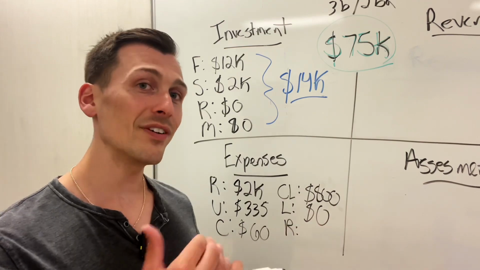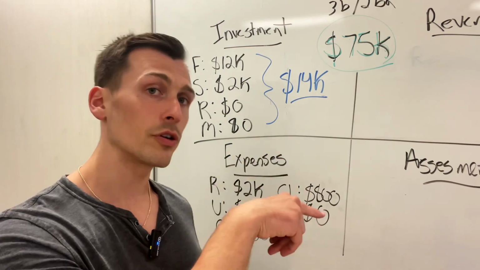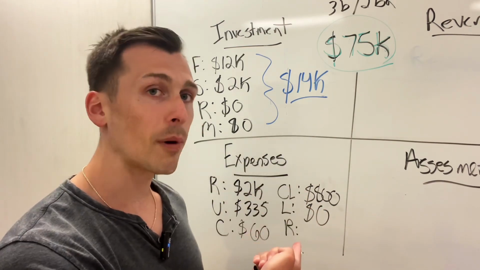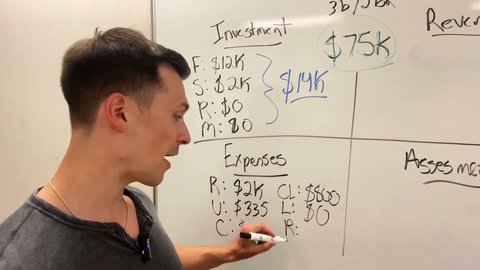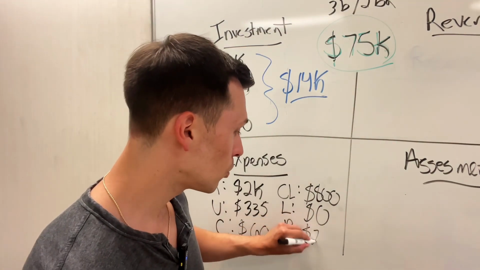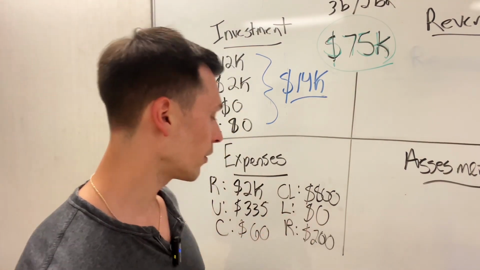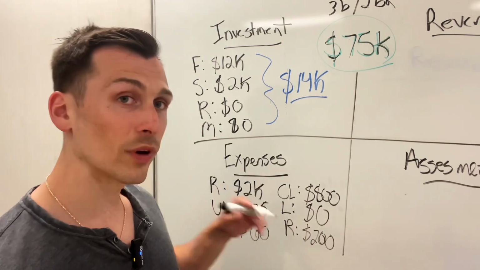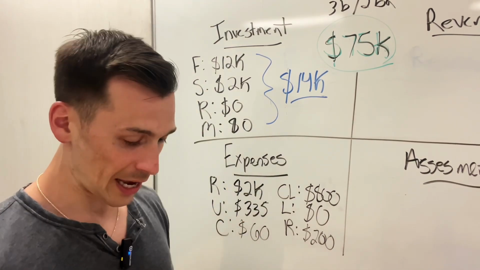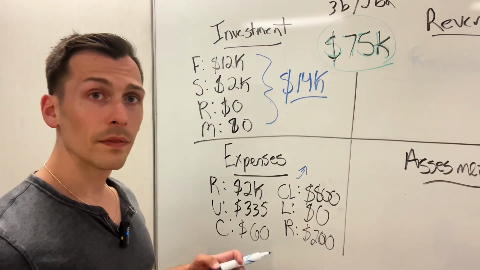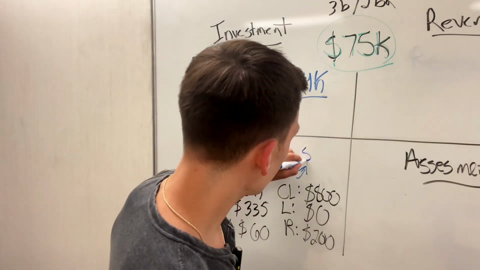But the thing is, even if they do reimburse you, that'll get factored into your revenue and it's still going to come out of your bottom line. So for incidentals and repairs, we're going to estimate about $200 per month. That's pretty conservative. Now, if we take all of these expenses and add them up monthly, that's going to give us a total of